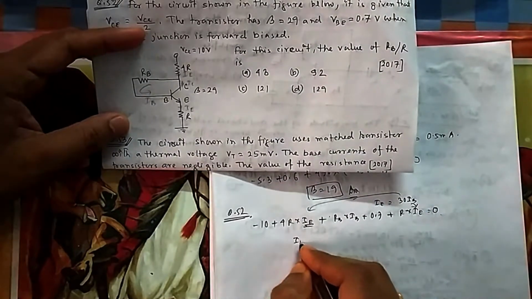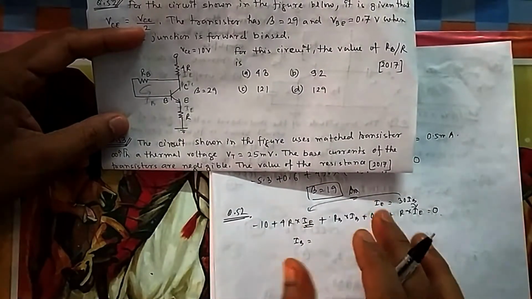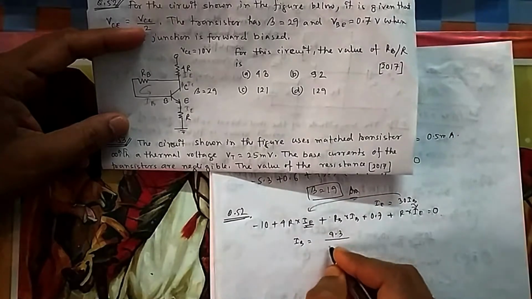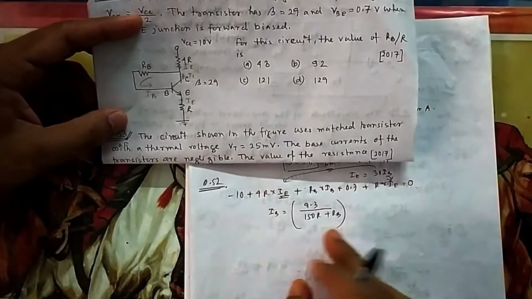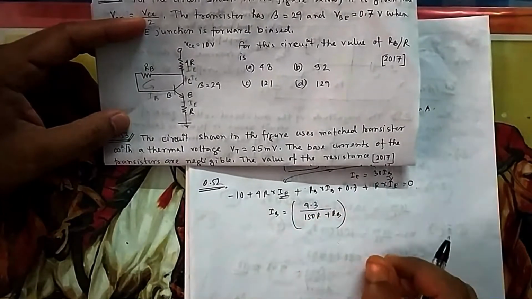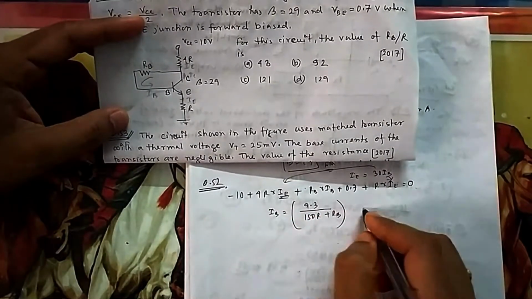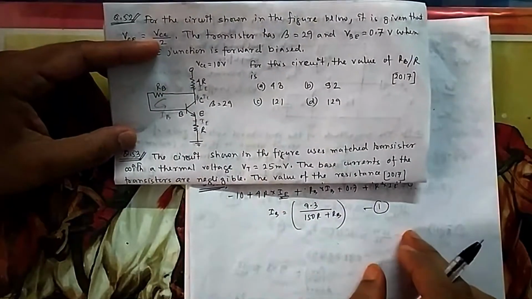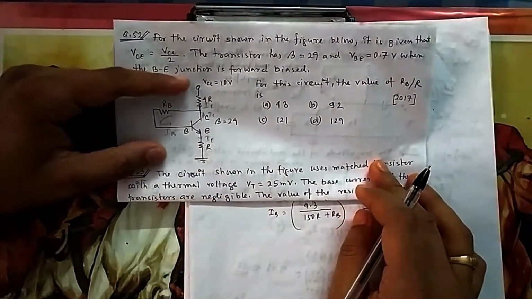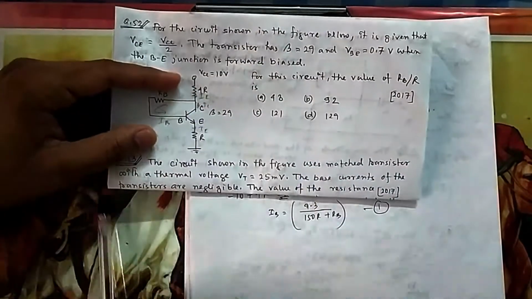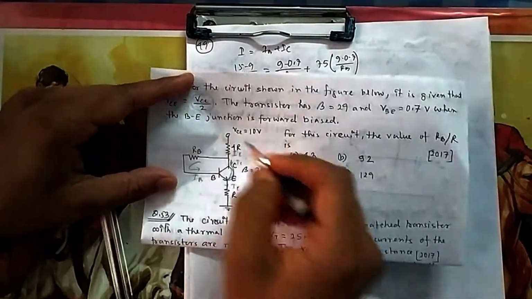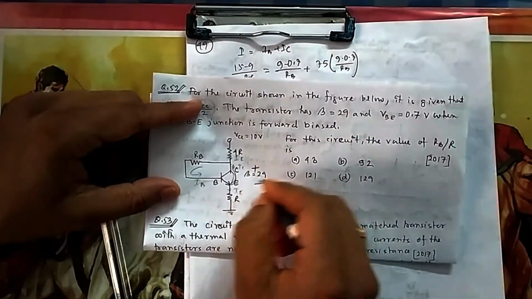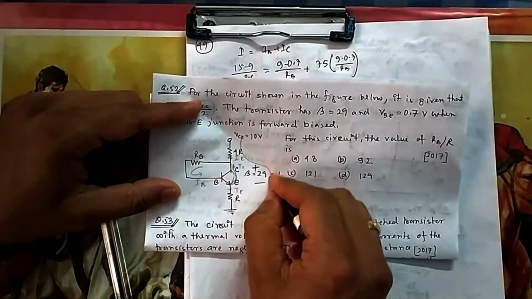Finally, if you calculate from here, because I don't need IB, let me write it in IR fashion. If you do it, you will find it finally in this fashion. Then from somewhere else I will again find an expression for IB, and I will equate these two, so that I can find a relation between RB and R. So this expression I found by taking KVL along this path. Now there is one more path, and I can take KVL along that path also. Because VCE is given to me, this voltage is half of VCC, so I know this voltage, that is 5 volts. So I can take a KVL along this path also.